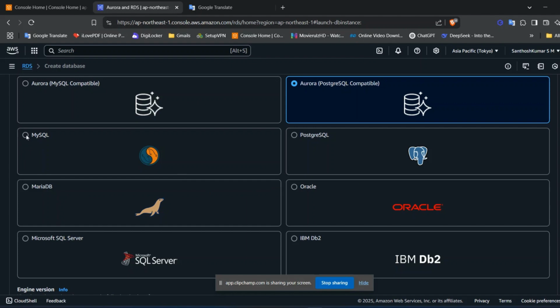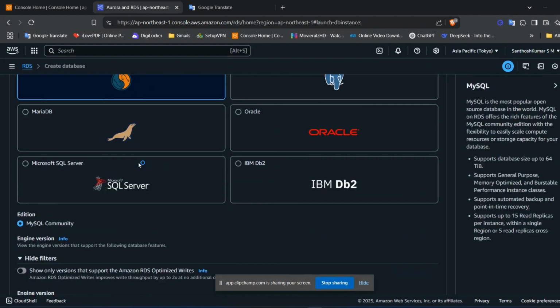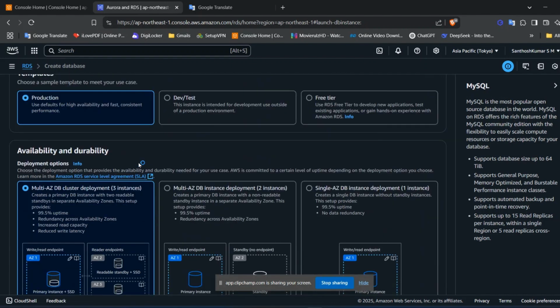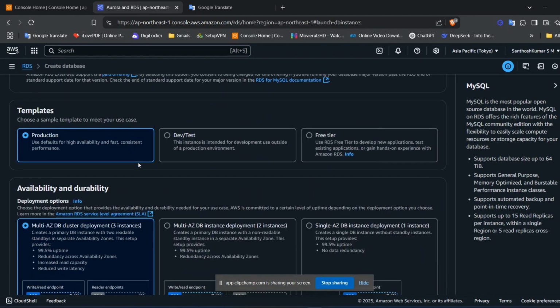I'm going to choose MySQL. Here you can choose the template whichever you are convenient with, based on your requirement. Here I'm going to choose the free tier,